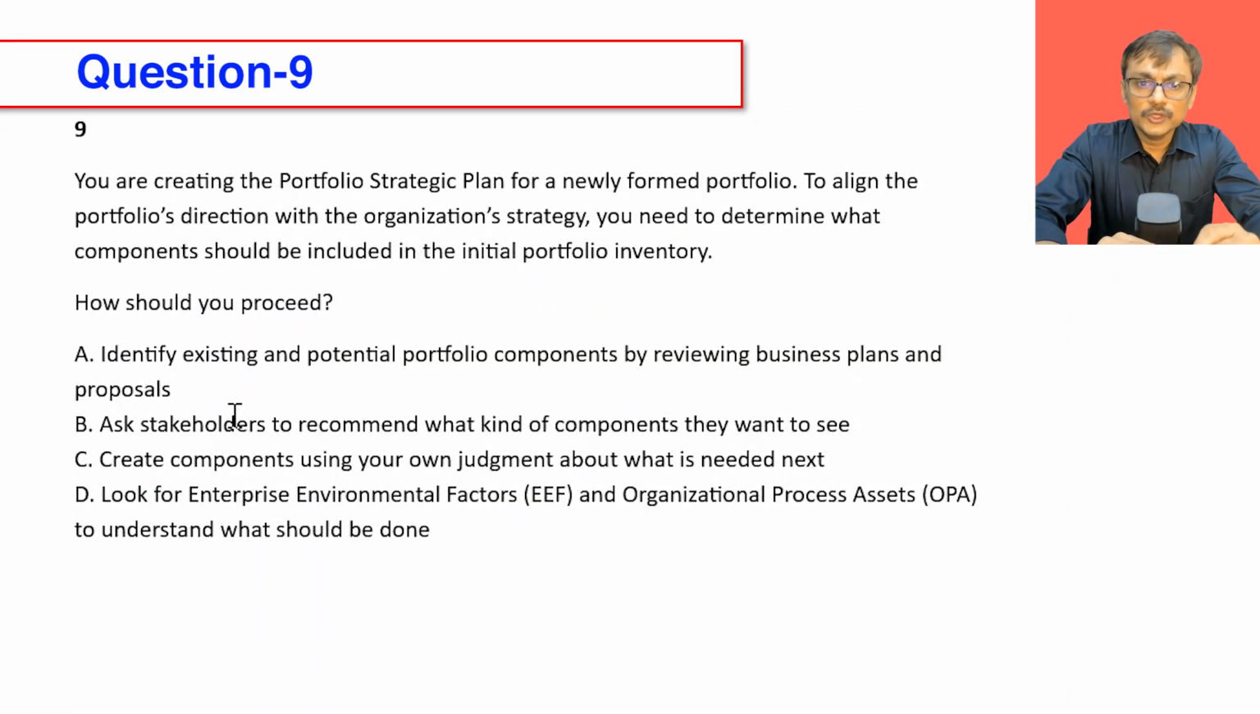Question number 9. You are creating the portfolio strategic plan for a newly formed portfolio. To align the portfolio's direction to the organization strategy, obviously, you need to determine what components should be included in the initial portfolio inventory. How should you proceed? Yeah. So the idea here is that you want to take some input so that you can have an inventory of work. So how can you identify the inventory of work when you are creating the portfolio strategic plan? That's the question. Yeah. So option A,